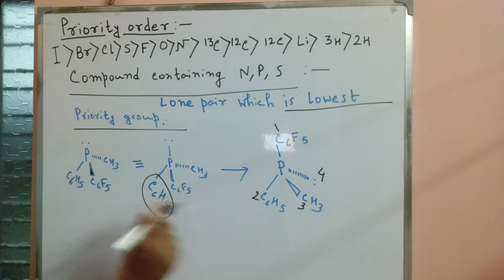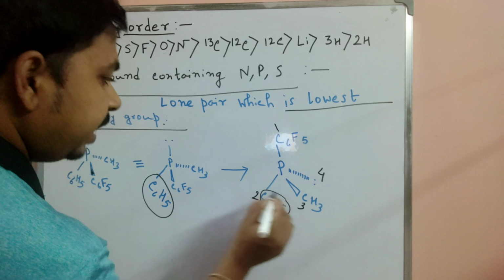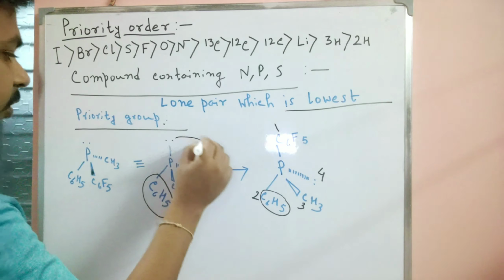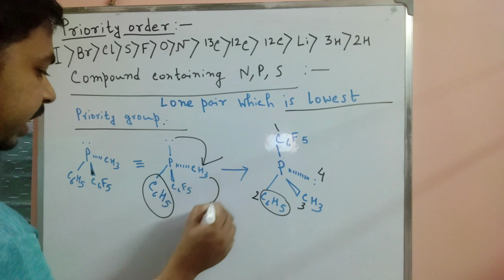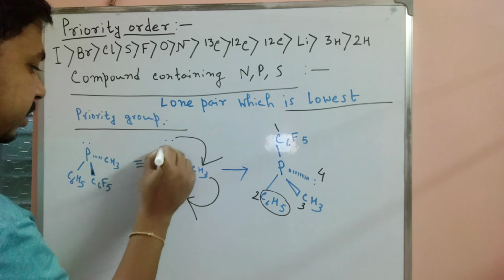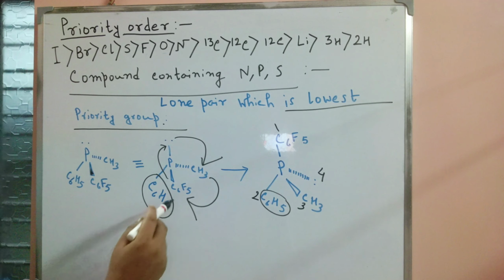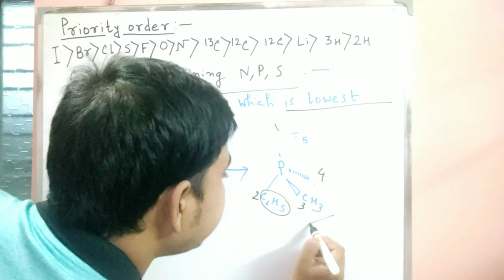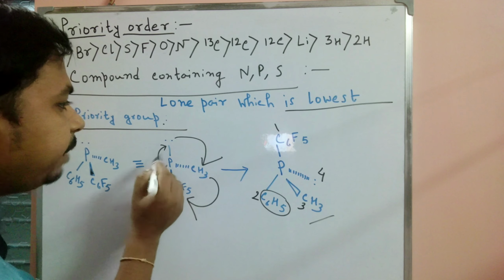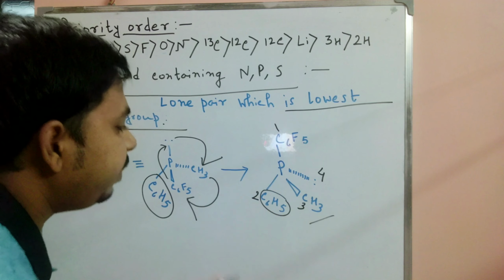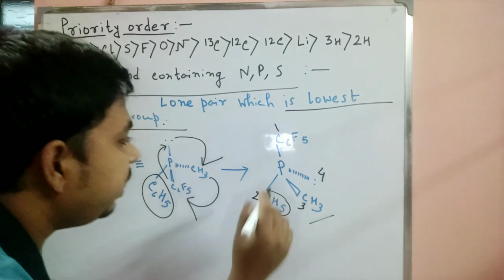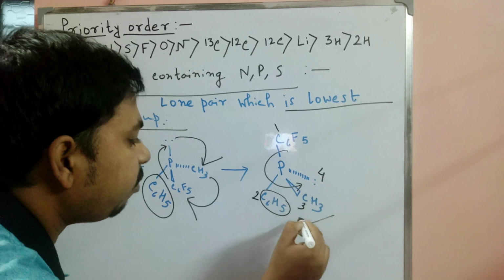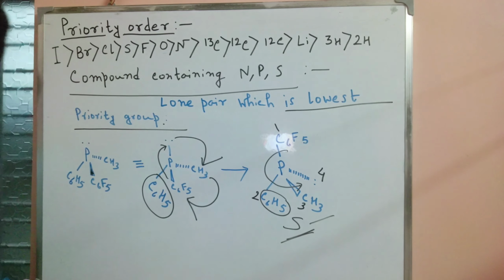So here this group is fixed, and then when we rotate this bond, the lone pair goes down, and the methyl group comes on the upward bond, and this one is planar. So after conversion the lone pair is here, the methyl group is here, and C6H5 is shifted there. So according to the priority rule 1 2 3, the rotation is anti-clockwise, S.